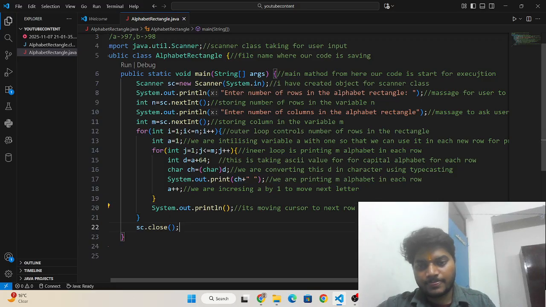Okay, and this is the last closing of the scanner class object, closing of scanner class object to avoid memory leaks.